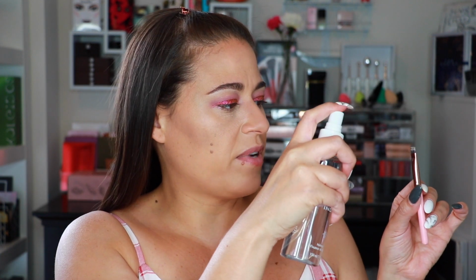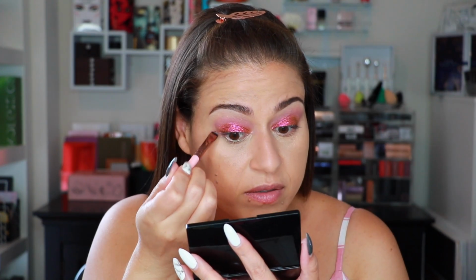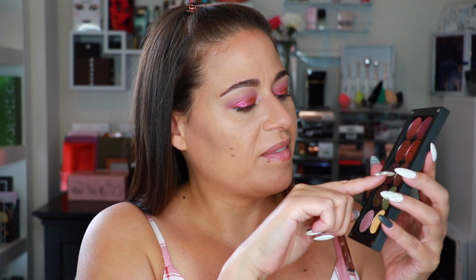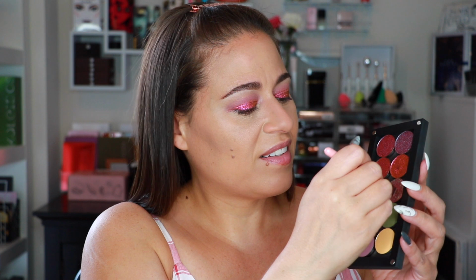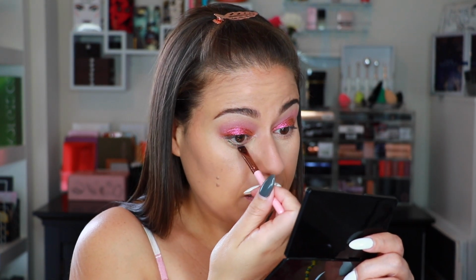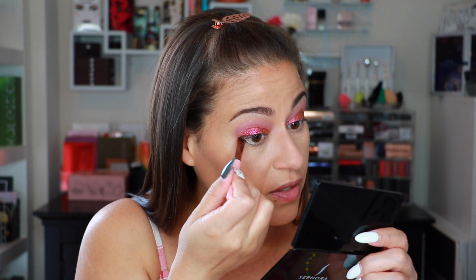I'm using a Luxie 221. It's just a flat definer brush. I'm gonna wet it because I don't want this to give me a lot of fallout. Oh my gosh, it looks green. I keep dipping into the wrong pan because when I put it down, this one looks like the green one, but this one also has green. So fun. Definitely use wet brushes because I am getting a little bit of fallout trying to get the shade